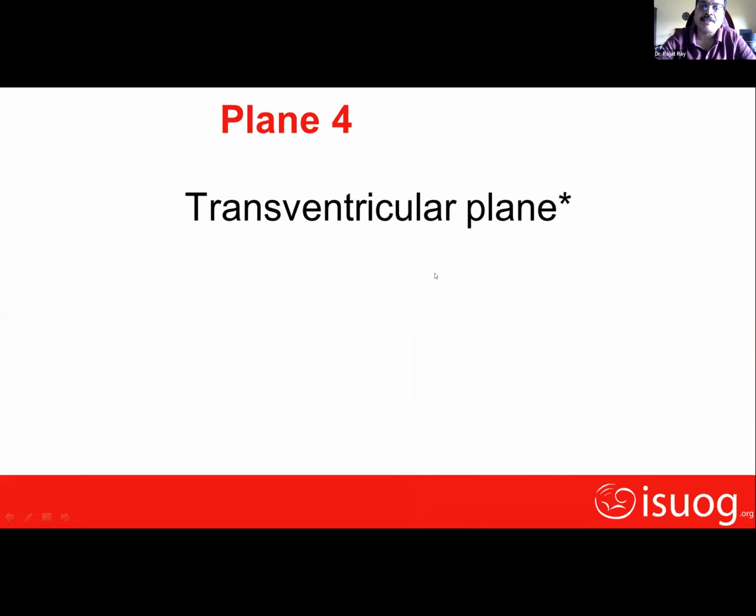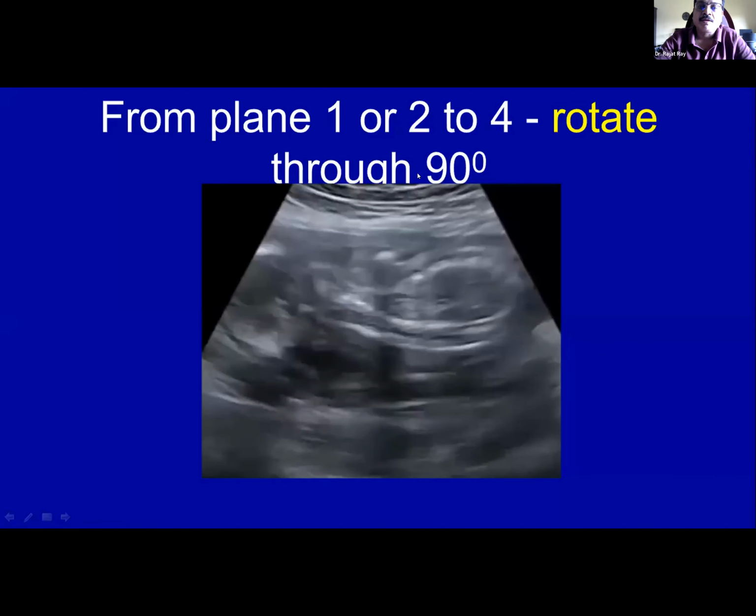Plane 4 is the first plane, that is the transventricular plane. Again, how to get the transventricular? That is the transverse section of the head. So from the sagittal section, you moved at 90 degrees. So if you move at 90 degrees, you will get the